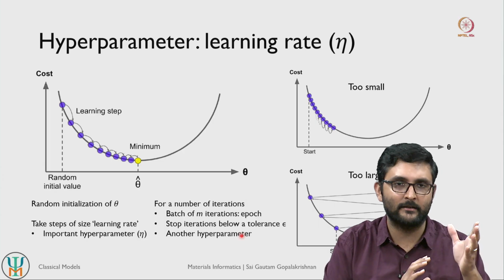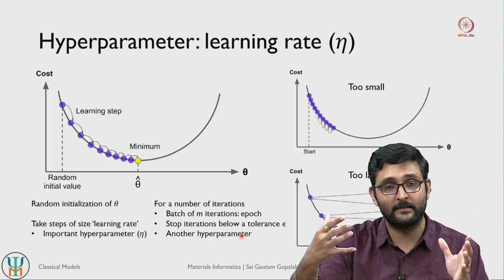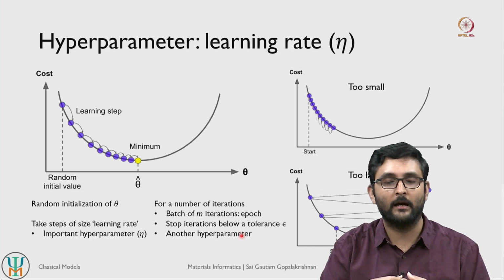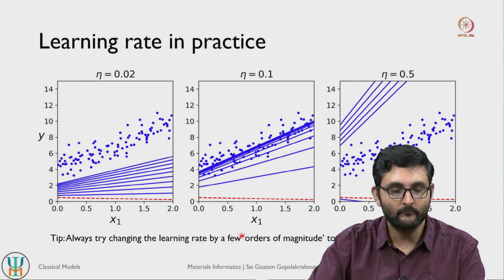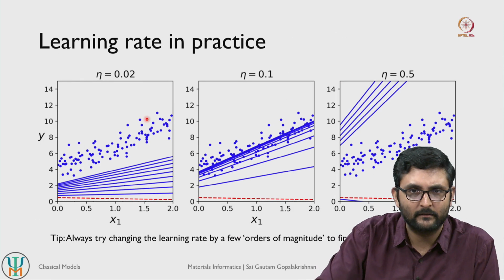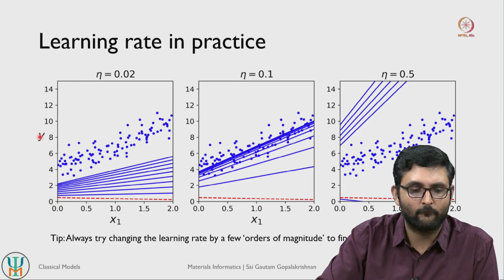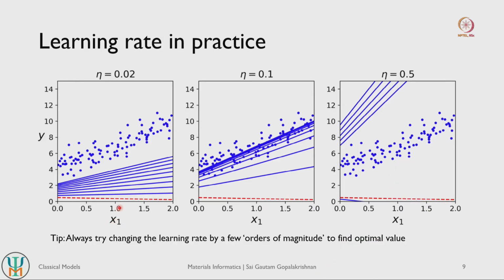So for linear regression, learning rate is important, number of epochs is not very important, but as you increase the complexity of your model, the number of epochs plays a fairly important role there. Okay, so how does this learning rate vary in practice? Let us say your y is your target value in all of these 3 plots, and your x1 is your feature. The blue circles here are the actual data points, so your y is varying roughly linearly with respect to x. So if you have a line passing through here roughly, then you have a reasonably good model of y as a function of x1.